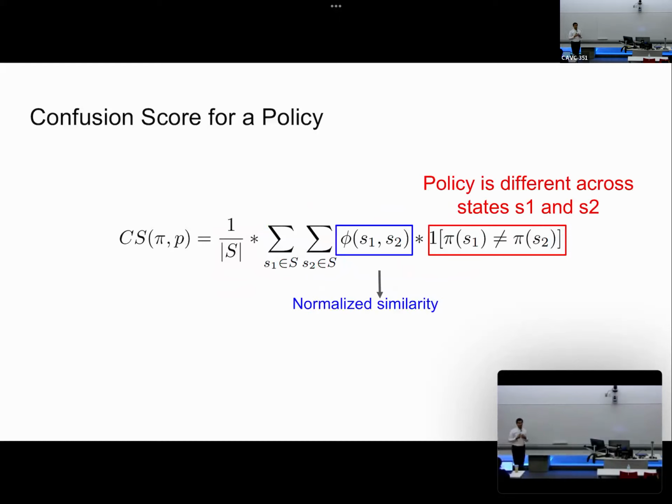And if I have a sense of how the human is going to confuse state 1 with state 2, and if the actions are different between those two confusing states, then we're going to call that policy more complex or more confusing than a policy that had the same action for the two states that are very similar to each other. So given this,